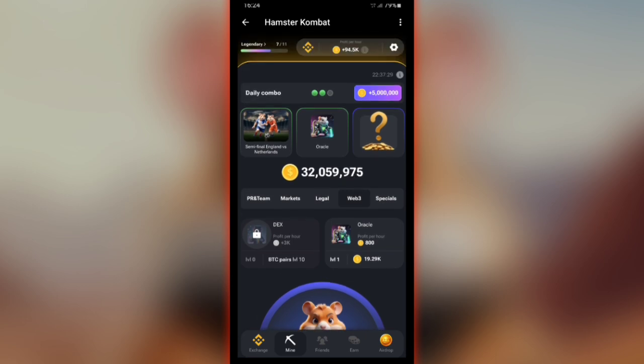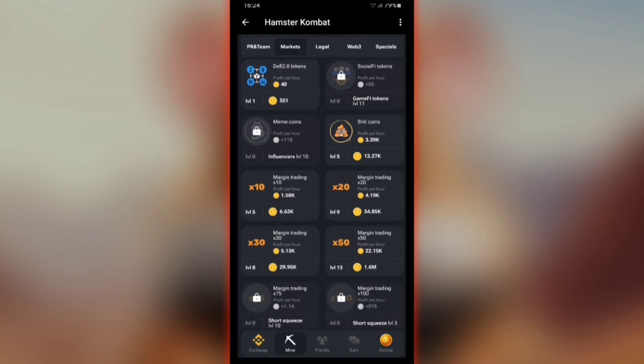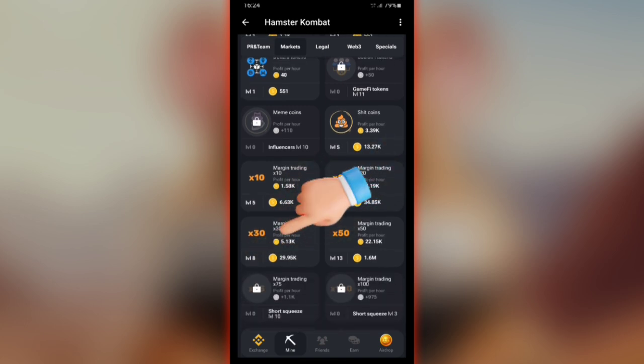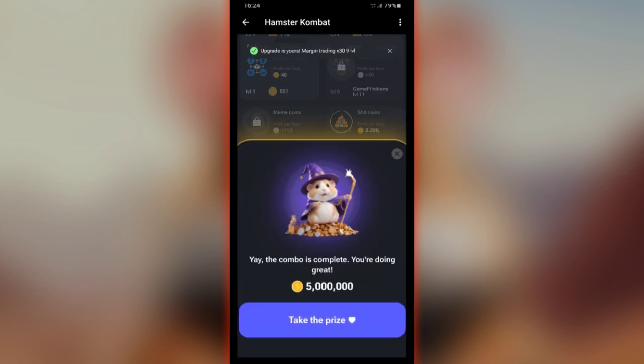The card is working. The final step is to input the third card, which you can find in the Market section. Tap on that section. Scroll down and look for the card labeled Margin Trading X30. It will open, then tap on Go Ahead, wait a little bit, and you will receive a message saying the